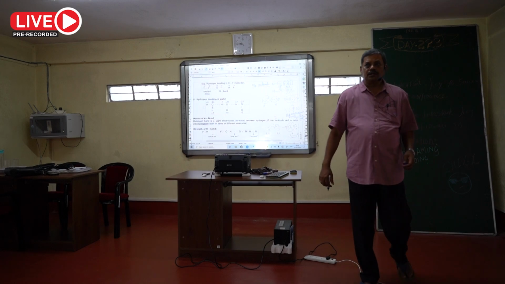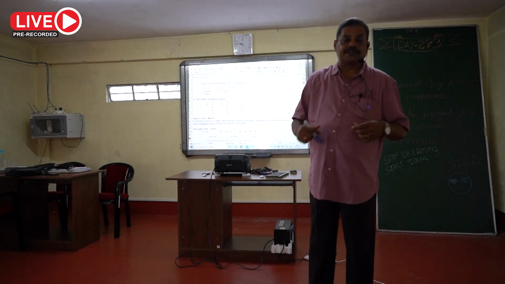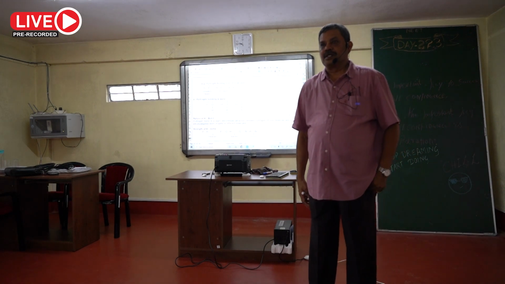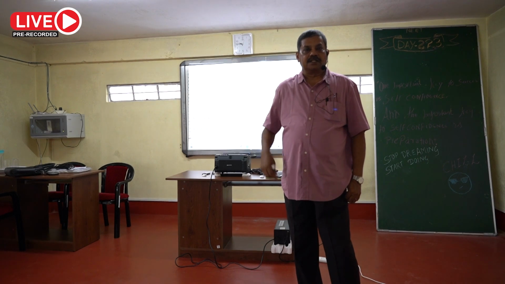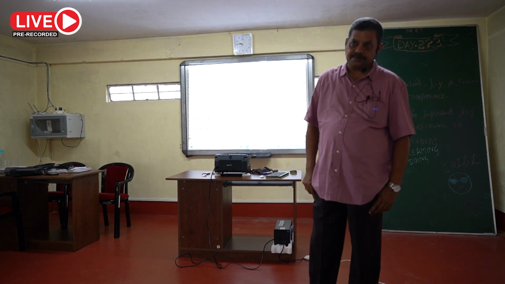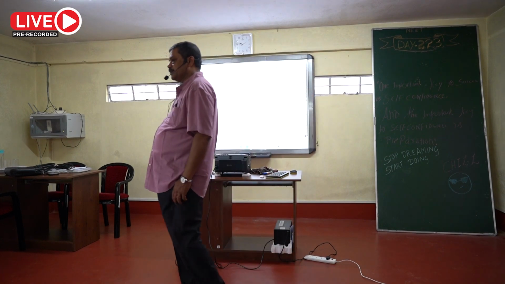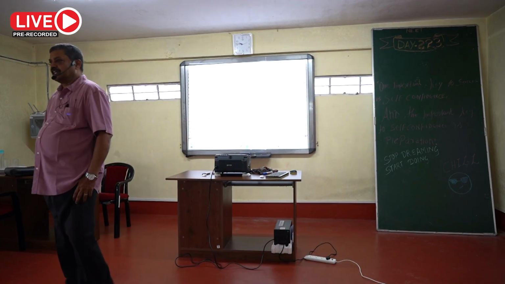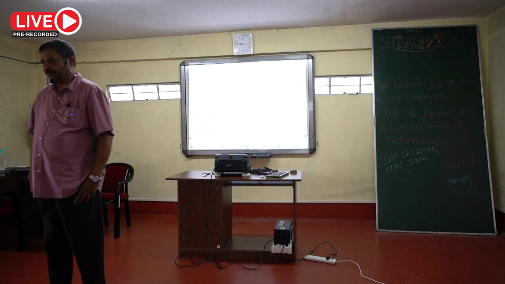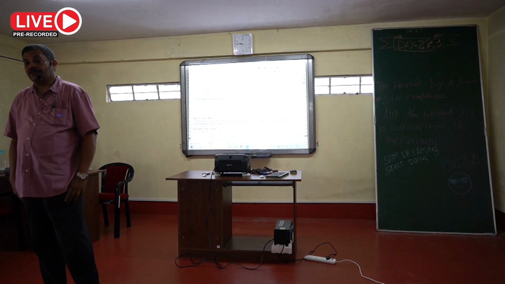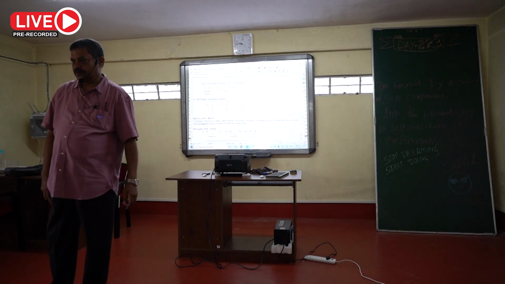So what are the 2 major components of the Earth's atmosphere? N2 and O2. N2 is present 78% by volume. O2 is present 21% by volume. So these 2 constitute 99%. The remaining 1% is other gases like CO2,